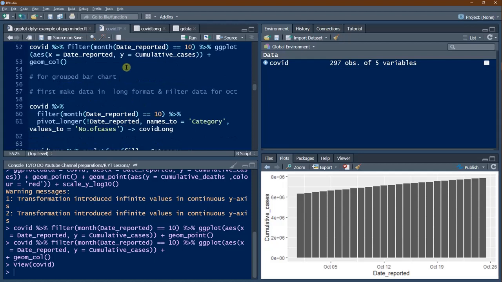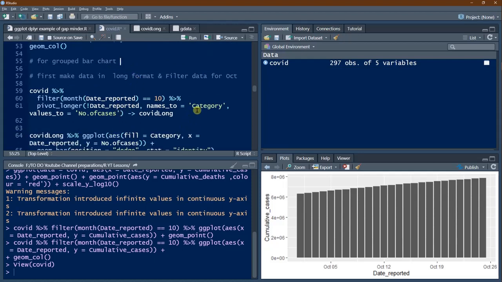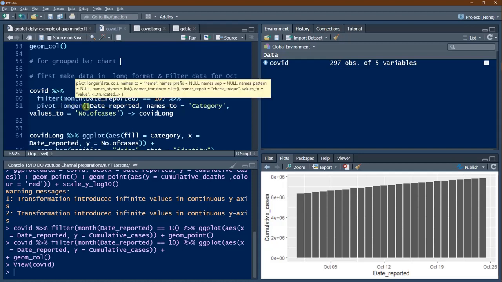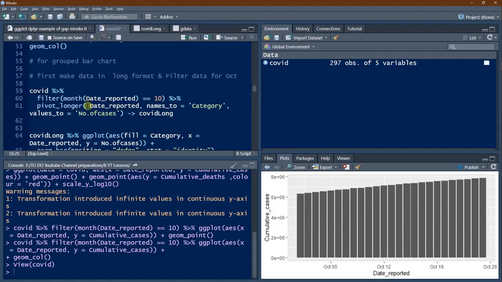For a grouped bar chart, we have to make the data into long format. We have seen this earlier. Now you can recollect. Again, what we are doing, COVID we will take and filter month is 10. Then we will pass this data on to the pivot_longer function. In pivot_longer, we will say date reported you retain as it is, then the remaining columns you change to category, and then the values you change to number of cases.